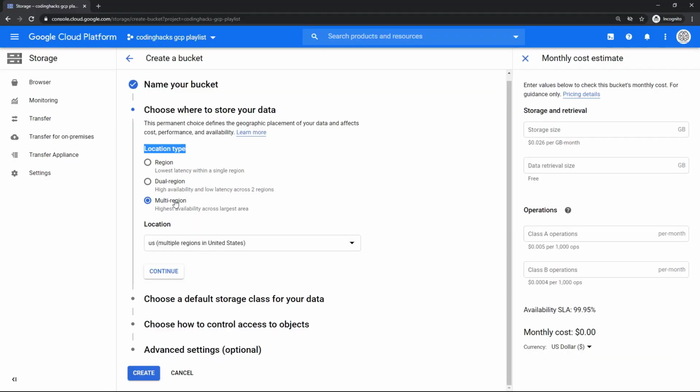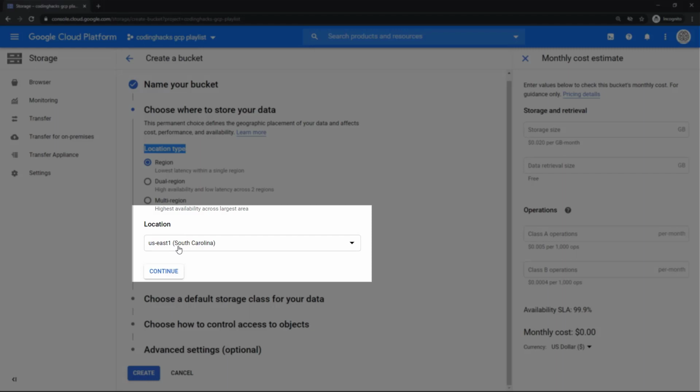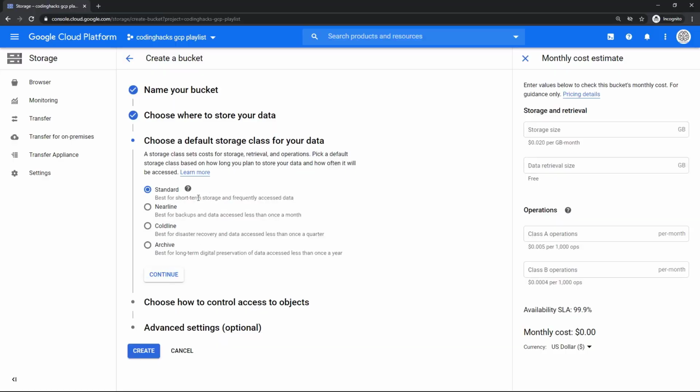But if my traffic is more local, concentrated in one part of the world, say Asia, then I can go with the regional bucket. It still provides low latency and fast lookup. Next, I am going to locate this bucket in US Central 1. Say continue.